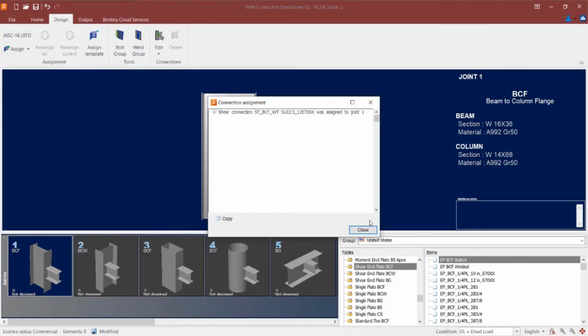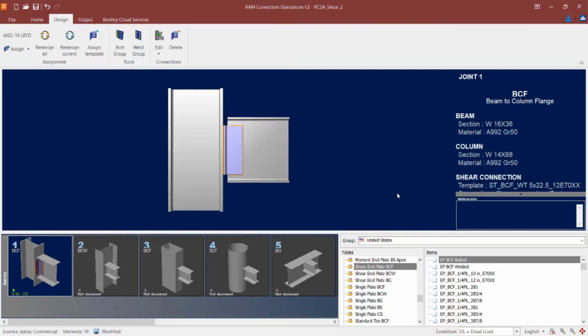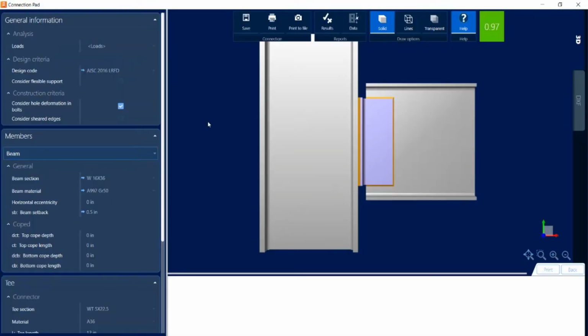After the connection is assigned, let's go ahead and click Close and take a look at the template that was selected. Let's go ahead and review this connection design a little further. So I'm going to click on the Edit icon, and then I'm going to tell it I want to edit a shear connection. Now the first thing I'm going to notice is that in the ribbon, my connection design is currently passing. My interaction ratio is less than 1.0, and it is color-coded in green, meaning that no warnings or